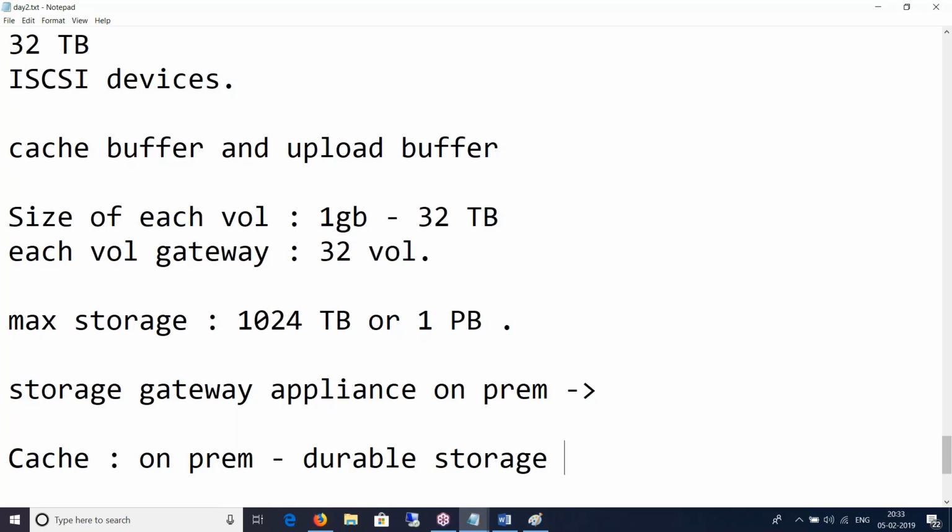And this is the data that may get uploaded to S3 via the upload buffer. The cache storage also lets the gateway store your application's recently accessed data for low latency access. If your application requests data, the storage gateway will first check the cache storage before checking the S3 bucket.